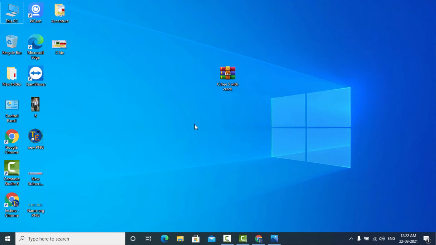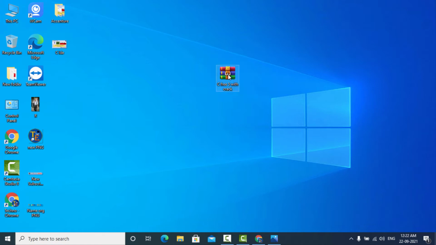Now we are on the desktop, so we are going to install this application, C Free 5 with crack. This is the crack version, and we are going to install this one and register by using a keygen, and it will be registered, and we can easily write C programs and C++ programs and execute them successfully with a professional all access. So let's get started.